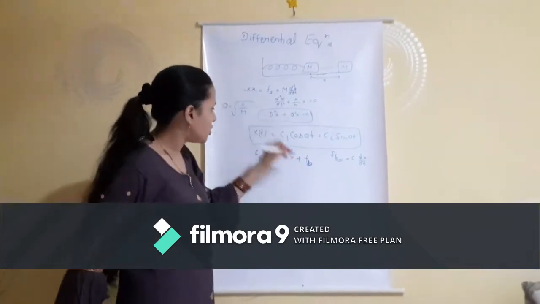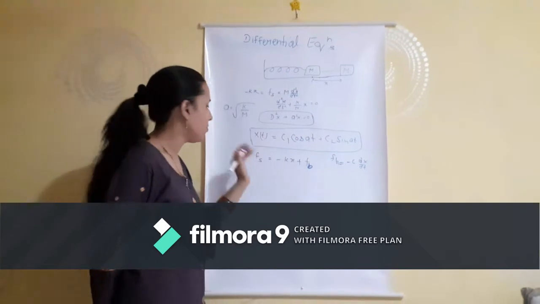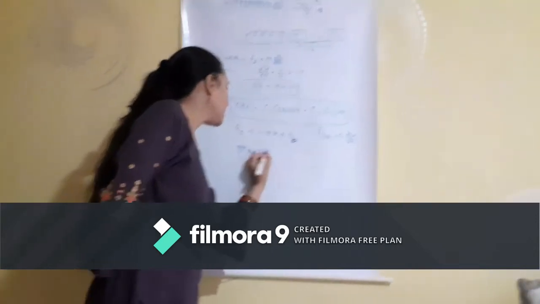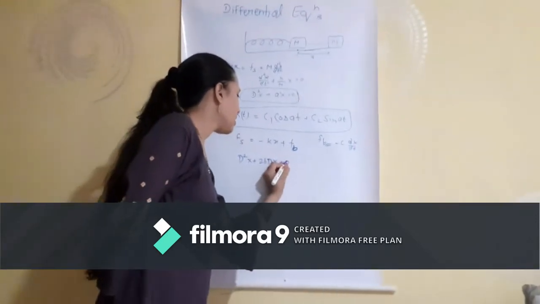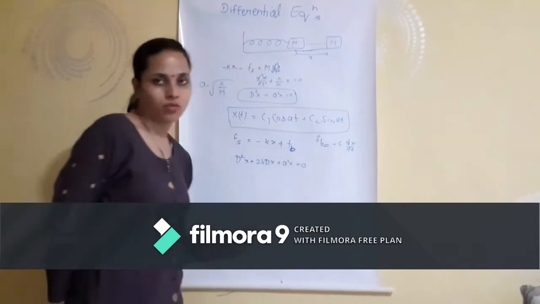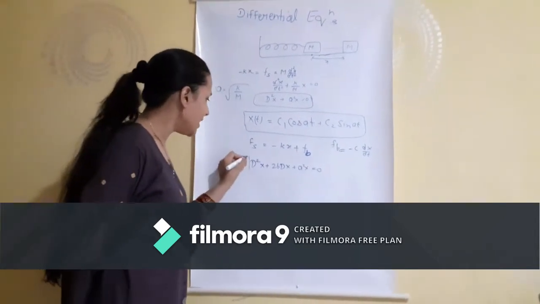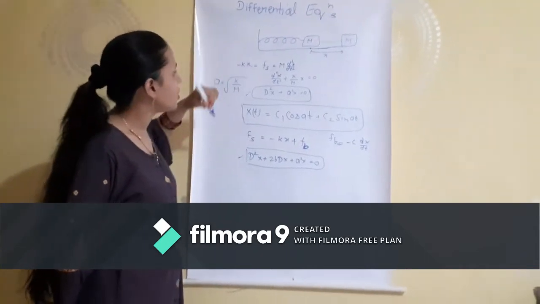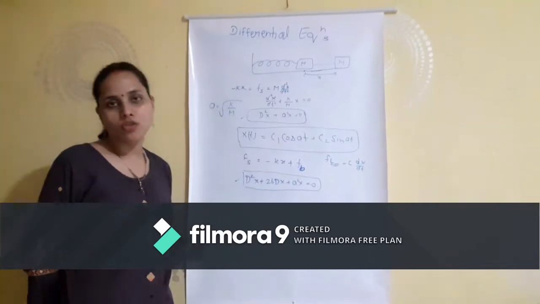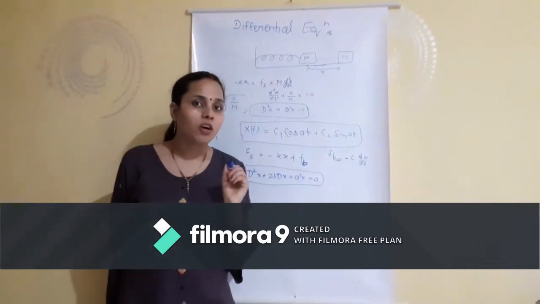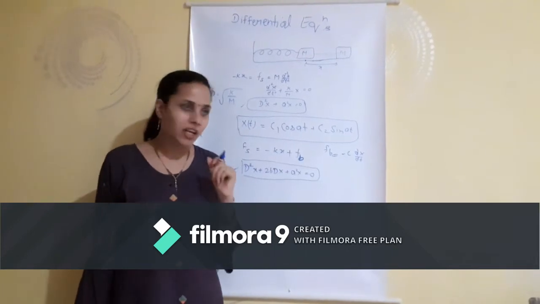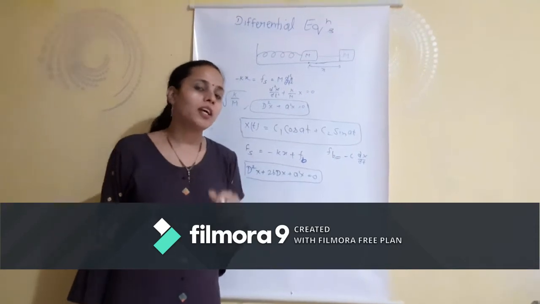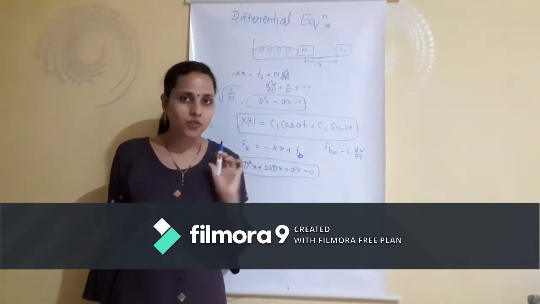So now this differential equation I will write directly in this form. The differential equation will change to d2x plus 2b dx plus a squared x equals 0. So we can clearly see that in all these differential equations we have the right hand side equal to 0. A differential equation is called a homogeneous differential equation if its right hand side is equal to 0. If the right hand side is not equal to 0, then it is called a non-homogeneous differential equation.